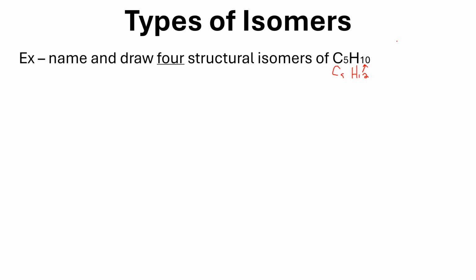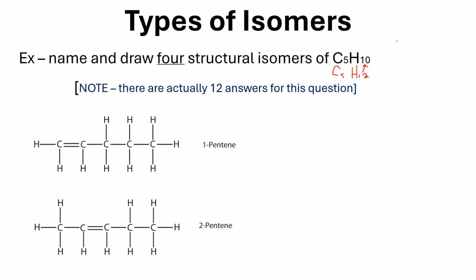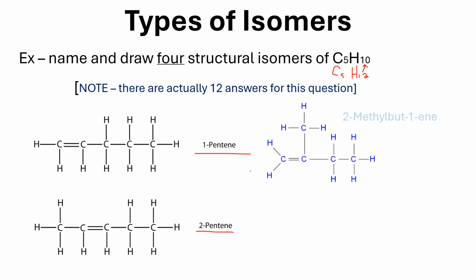So let's take a look at some of our answers here, and there are quite a few answers. In fact, there are 12 different answers for this question, and I think I've got 4 here on my slide. So the first ones would be a structural isomer, a pentene. Our first answer here is a 1-pentene, and our second answer here is a 2-pentene. Now you can also have some substituent groups come off these things. So here we have a